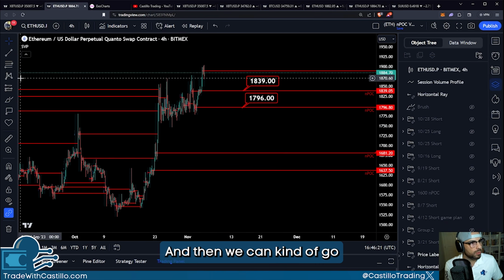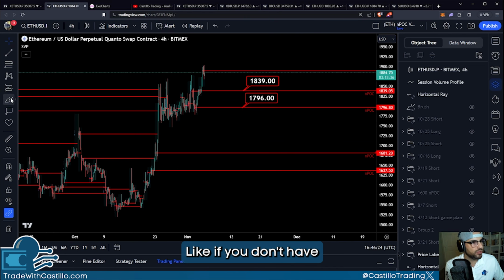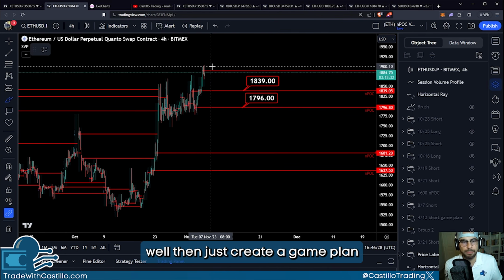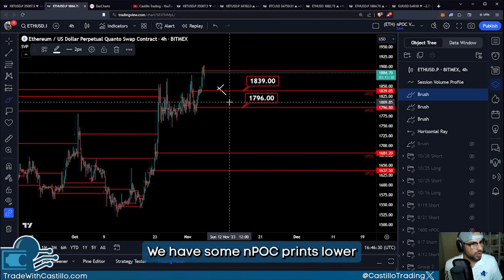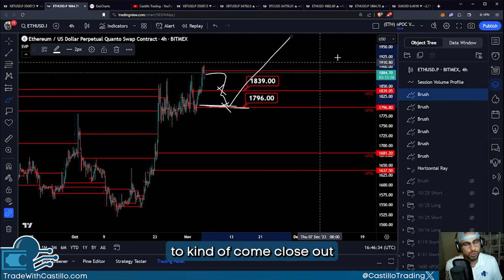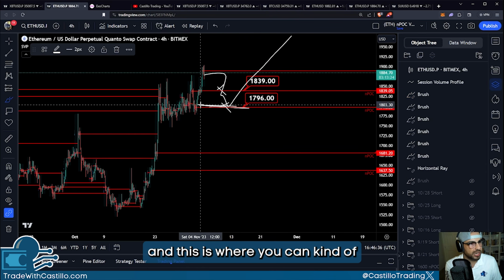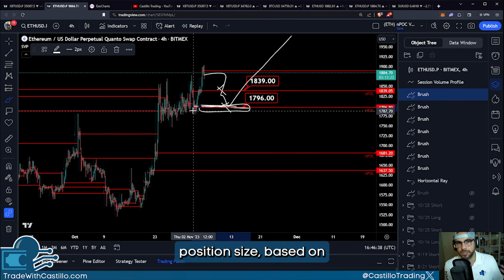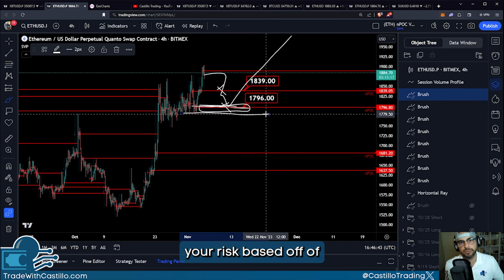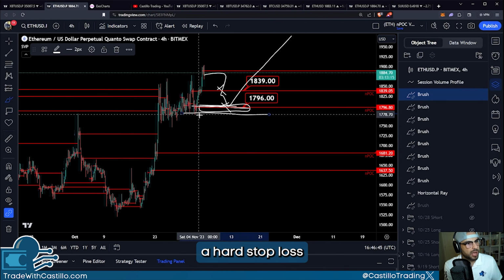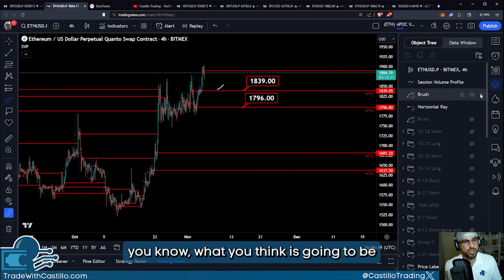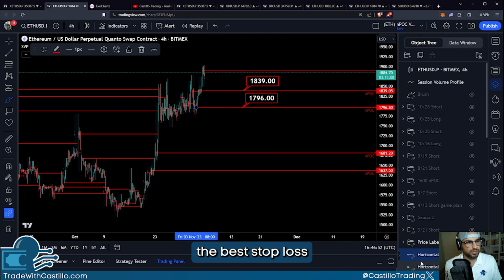And then we can go about setting up game plans based on that, right? If you don't have any long exposure to Ethereum, but you don't want to chase, then just create a game plan. We have some nPOC prints lower. Why don't you just have a little bit of patience for 17.96 to come close out those nPOC levels, and this is where you can get your long entry. And then based on your position size and the entry that you get, you can run your risk based off a percentage loss, a hard stop loss, or a run of the lows, wicks, levels, that sort of thing, depending on what you think is going to be the best stop loss